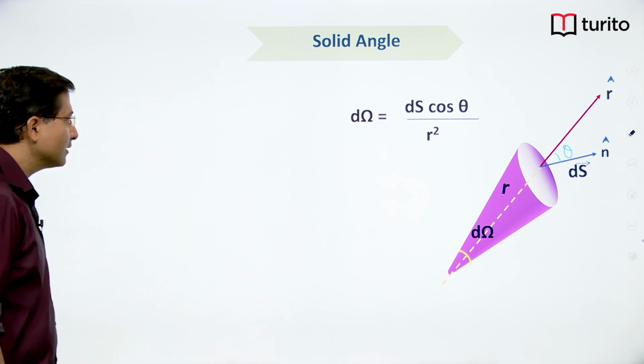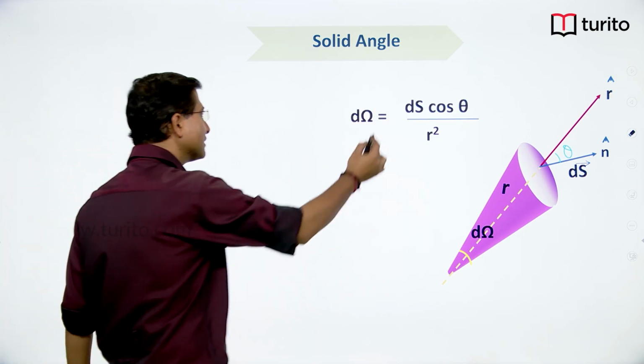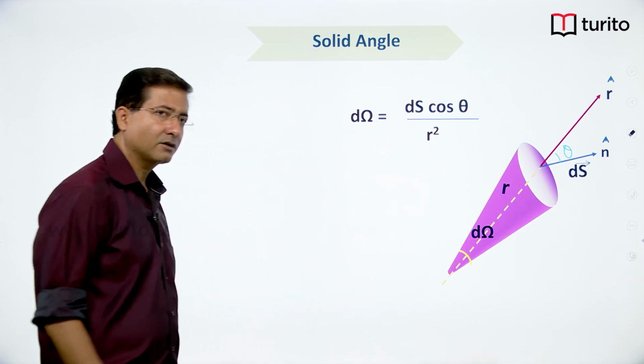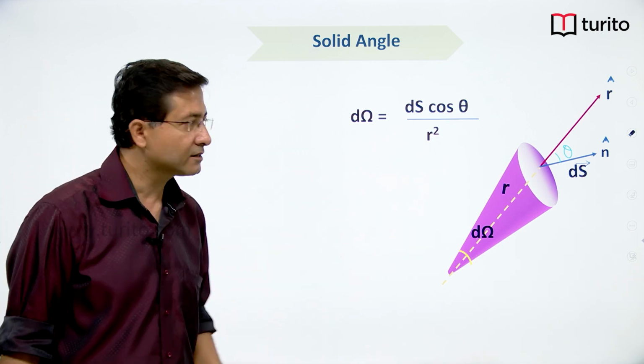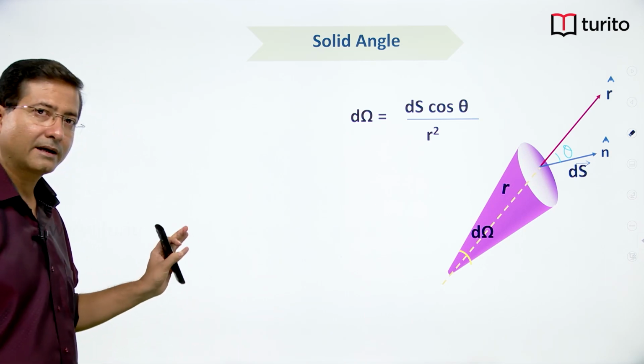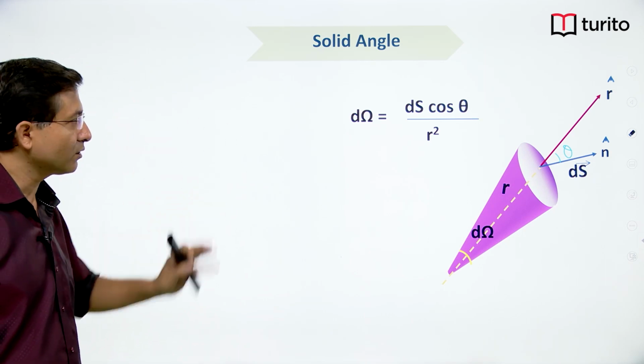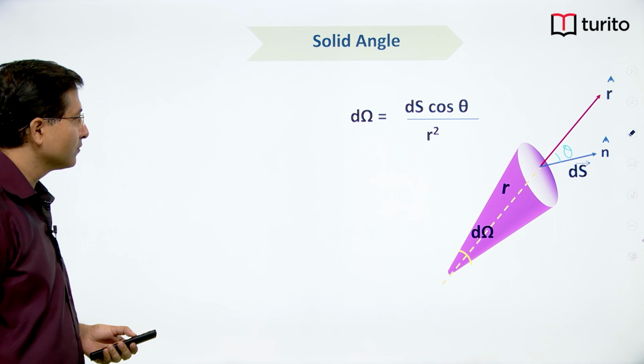So how are we defining solid angle? Solid angle is ds cos theta divided by r square. How to use it? Later we will see, right. So the solid angle concept we discussed earlier, and today also I told the definition. Now,